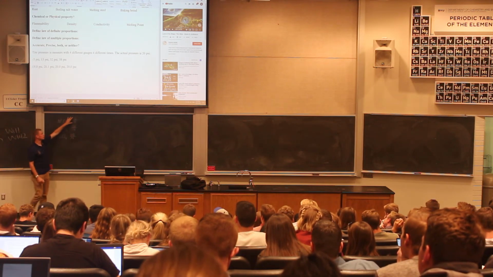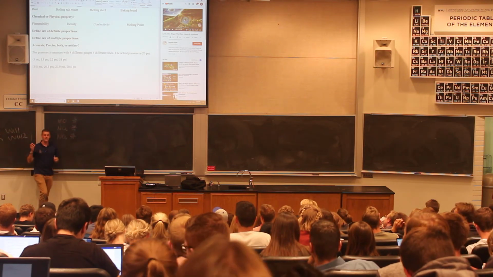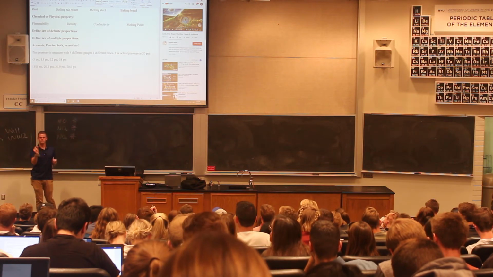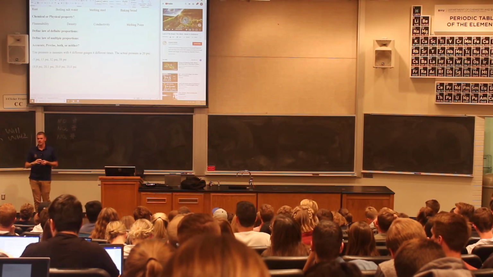Right? Because these ratios have to increase by small whole numbers. So that says that at any given time, if we want to add oxygen, we have to add a discrete amount of oxygen. What do we call that discrete amount of oxygen? An atom. Does that kind of make sense?